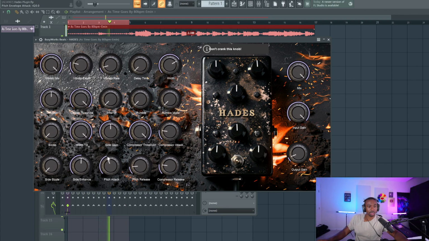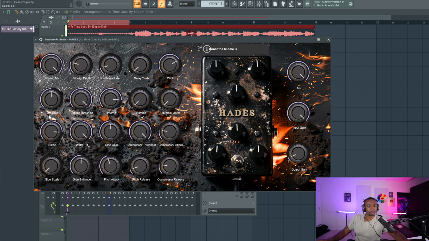So we're going to pull up the attack here for the pitch attack. Now if you want more of the effect, pull this down. I'm going to pull that up so it doesn't have that sound. Let's add a little inferno to create harmonics. Hear that ripping tone? Okay, so now it has a vibe to it.